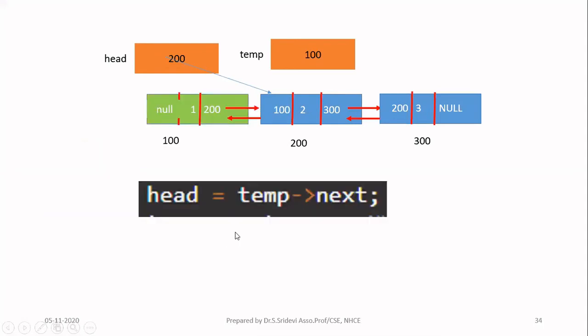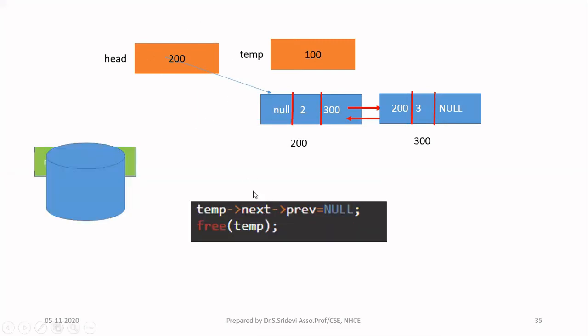So now if you see this, we have not changed this pointer. But even though this pointer is not changed, when you release it to the free area, it will not be accessible. So we are not worrying about that. Totally 3 pointers you have to update, but I have updated only 2 pointers. The reason I have not updated this first red color arrow is, the green color node is now released to the free area. Don't worry about what it is pointing to, because it will be allocated to another program if that program is requesting the memory. So only 2 pointer changes are involved in this program.